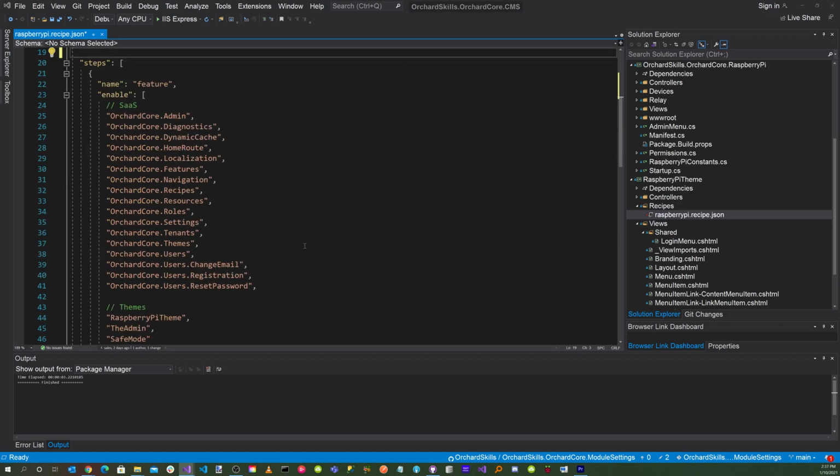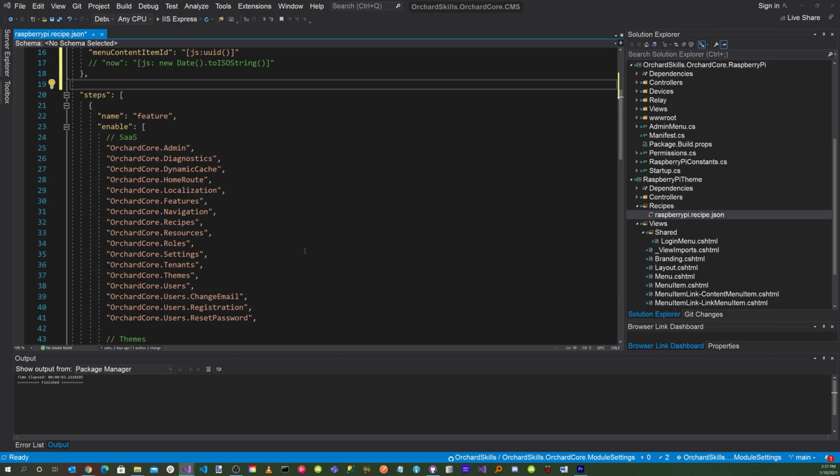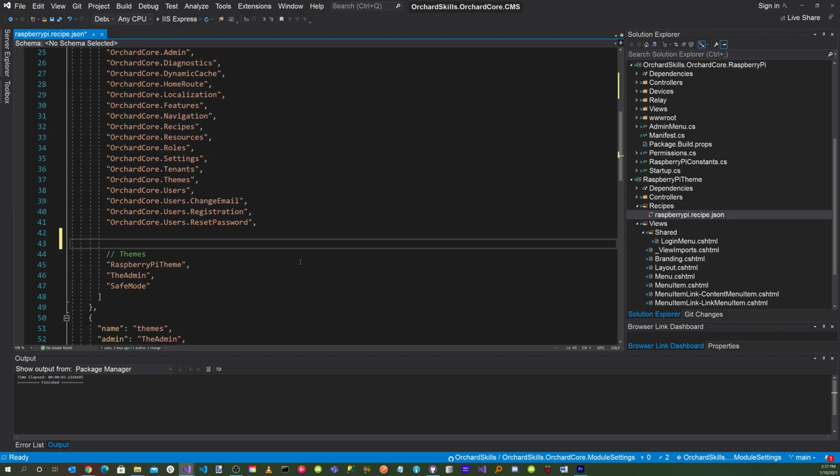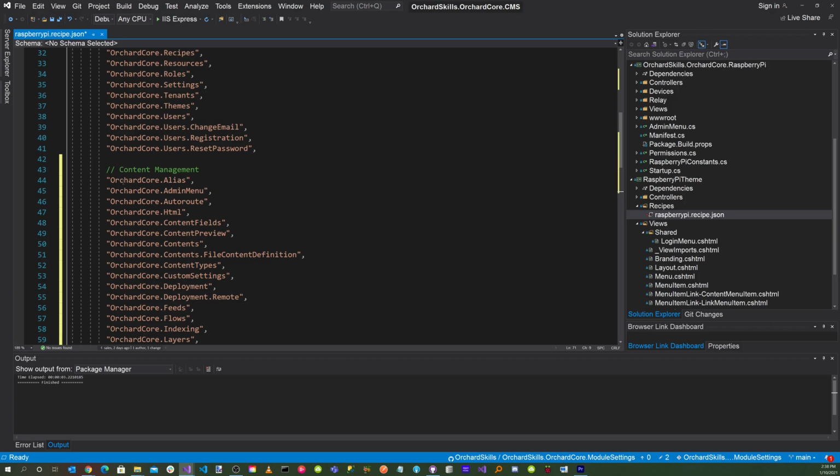Okay, let's scroll down here, and you'll notice that here is where we're specifying the different features. Here's all the software as a service features. Now let's install the content management features. So let's add those right here. And so as you can see, we're going to add